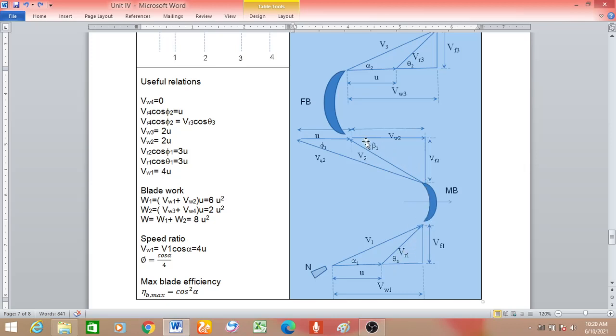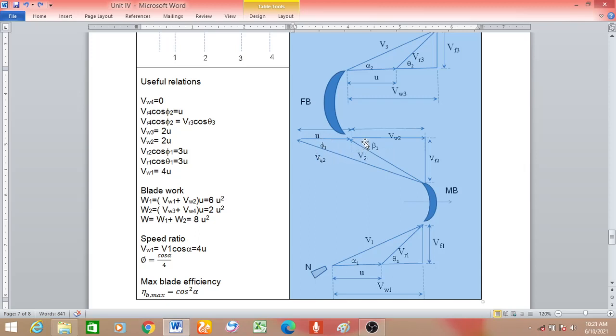Okay, that is important. The reason is that here the fluid as well as the blade is moving in the first stage. Now we are talking about a moving blade and a fixed blade. The fluid that comes out will have some velocity and is going to strike the blade which is at rest. So you should consider only the absolute quantity V2. Okay, and this is the blade angle at outlet for the first stage.